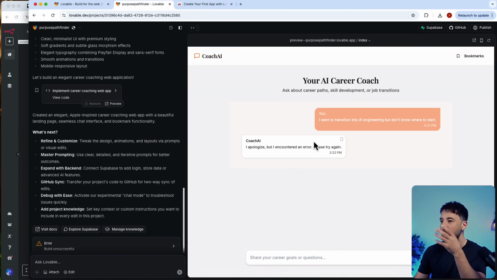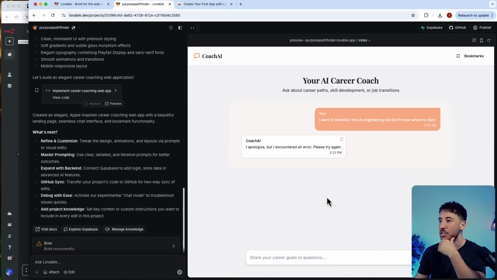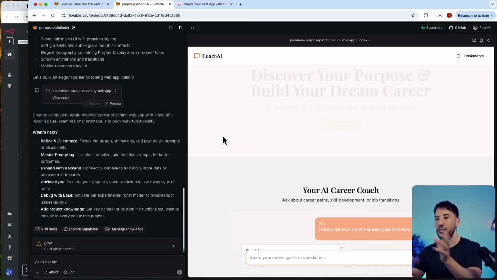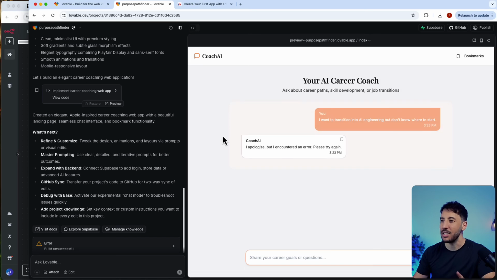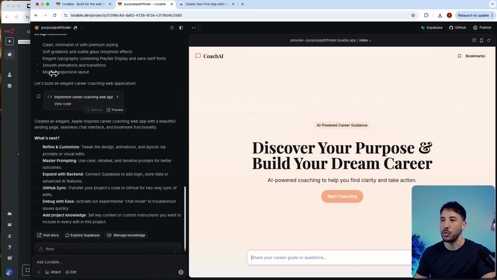So you can see in the bottom, you have this Coach AI, and if you just click on start coaching, then it will take you to this nice little user interface where you can have seamless interaction with this. Again, the one that we saw earlier was a different version of this, but we can play around to make this even more robust and make the UI better. And we can use screenshots to say, hey, I want it to look like this, I want it to look like that. So you can go back and forth with your